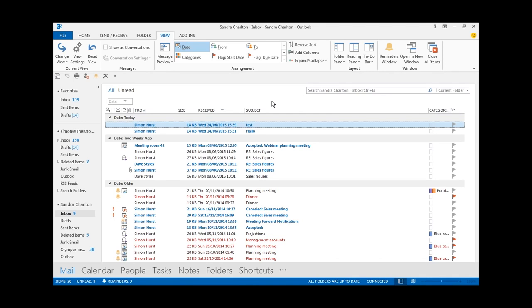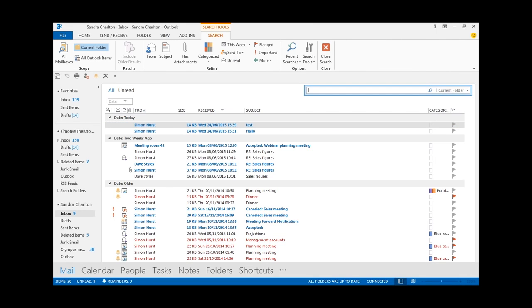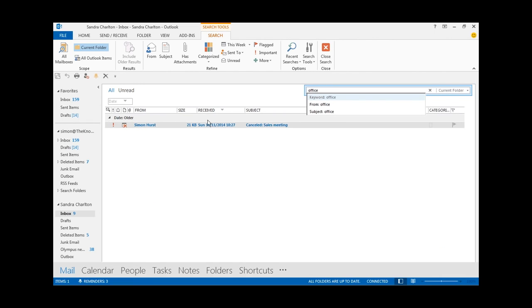Much quicker now, because what happens is your emails, whether you're sending them or receiving them, they're indexed, so that when you do a search, Outlook's much more able to find items quickly. So if I just start typing in a word, as I type it, it's already going through and pulling up emails that match what I've typed. So very quickly it finds what I need to look at,